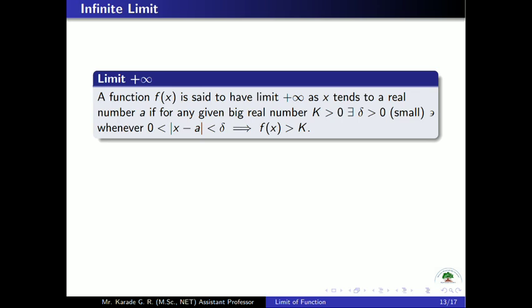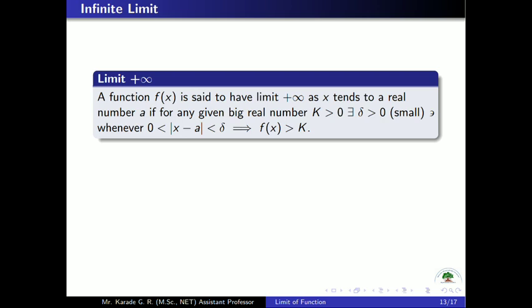A function f of x, limit plus infinity. A function f of x is said to have limit plus infinity as x tends to a real number a if for any given big real number k greater than 0 there exists